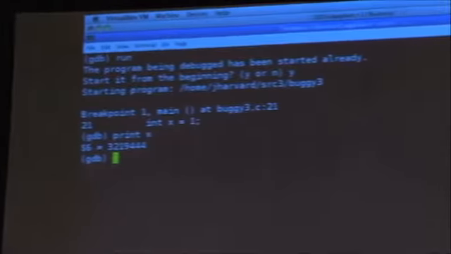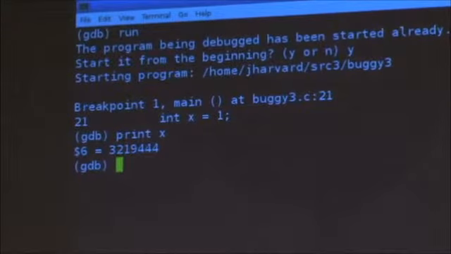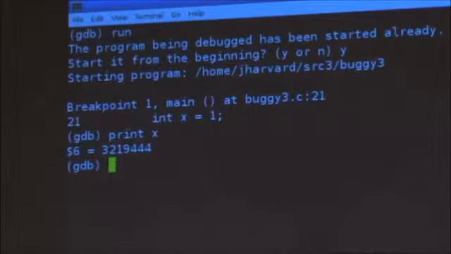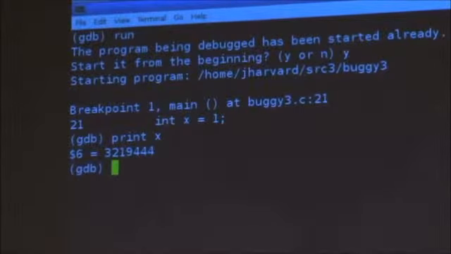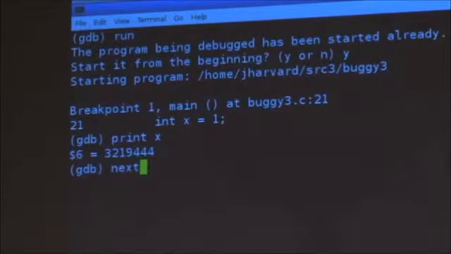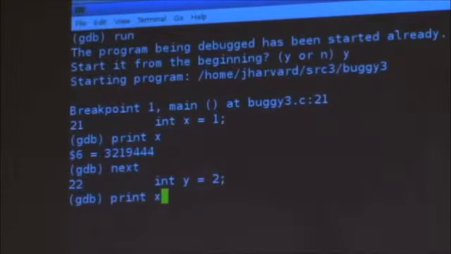We talked last week about how because these stack frames are always piling up and going down and up and down, you're reusing the same bits that some other function, maybe not even written by you, has actually previously used. So what we're seeing at x's location is this number, 3,219,444. Those are just random bits left over from something else's execution, and so we're just seeing the remnants of that. But if I do click next and then print out x,